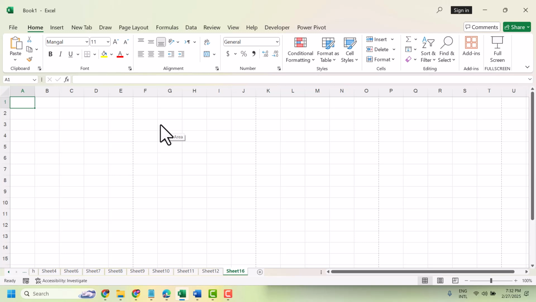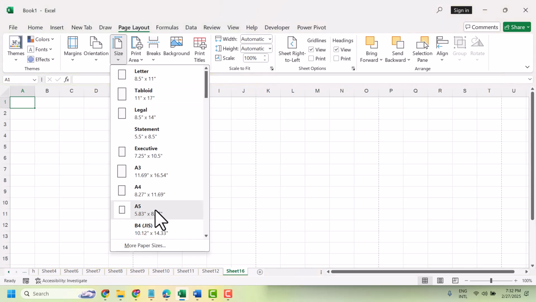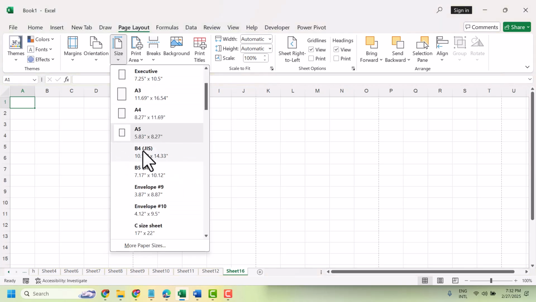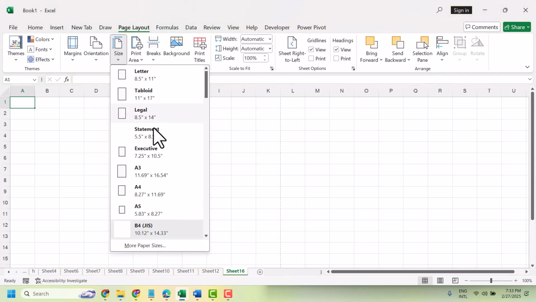So firstly you need to select this tab, Page Layout. So just click on it. Now Size, and here you see this B4 JIS. So just click on it to set it. And if you do not see it here, click on More Paper Sizes,